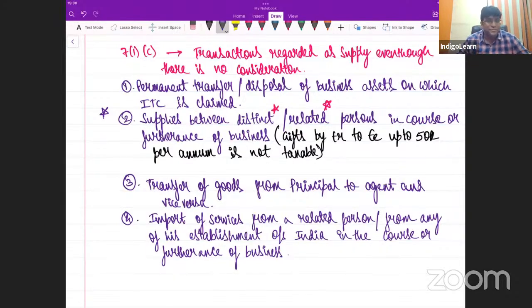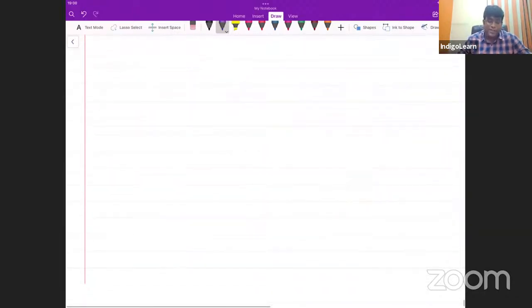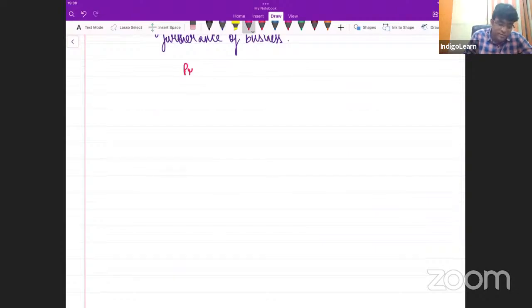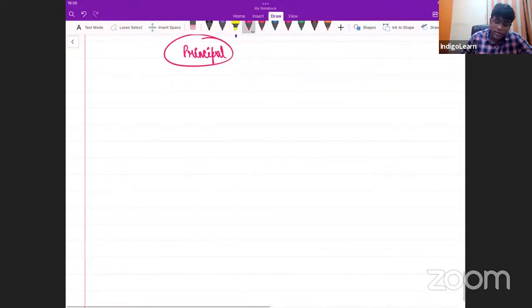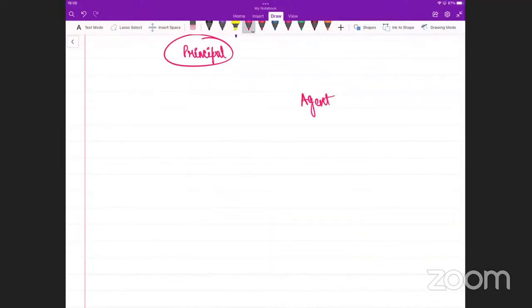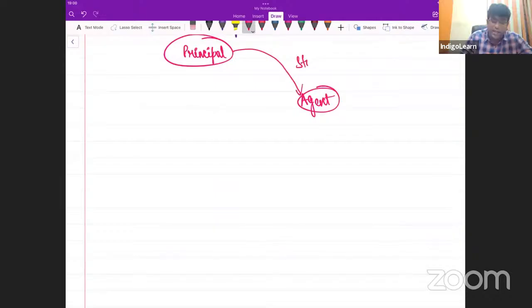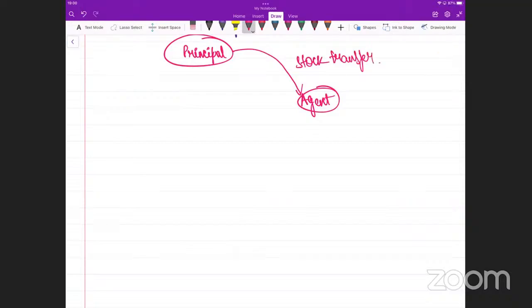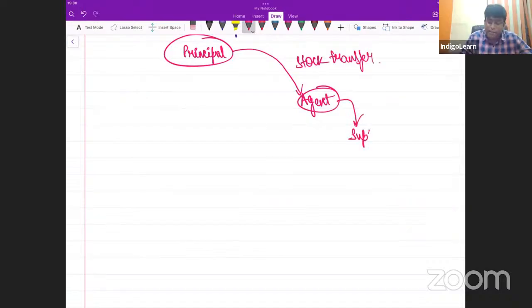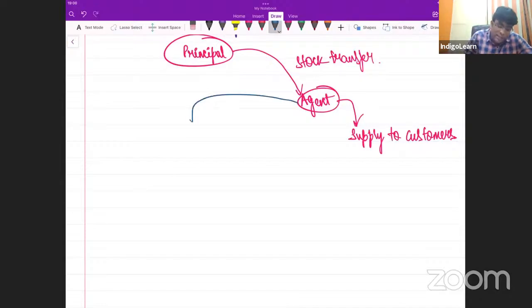Then, one special point let me tell you here before I proceed, sir. There is somebody known as the principal and there is an agent. The principal is sending goods to the agent, which is technically a stock transfer. Now tomorrow, the agent will supply to whom? Customers. When the agent is supplying to the customer, first point,